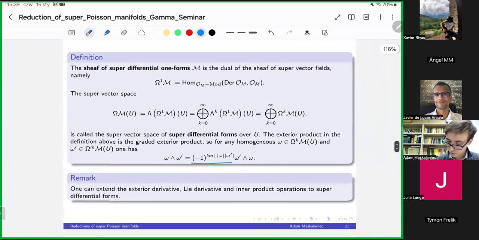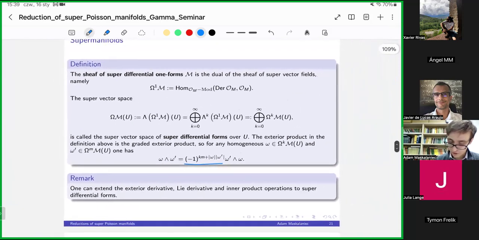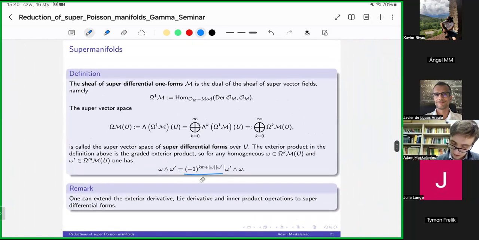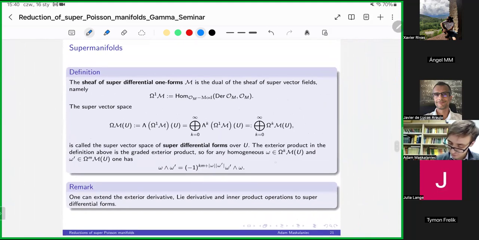And the proper notion to describe super differential forms in the language of supermanifolds is to give them the structure not of a supermanifold, that is a Z2 graded manifold, but of a Z2 graded manifold, but I will not mention it. These were objects introduced by my supervisor, Professor Grabowski. And they give natural extensions to the theory of jet bundles and so on.